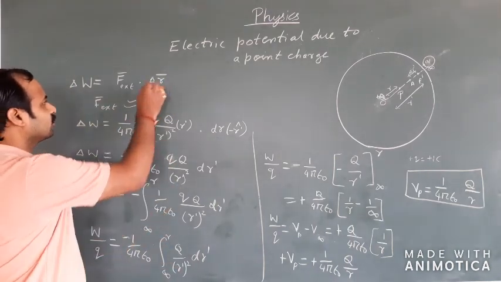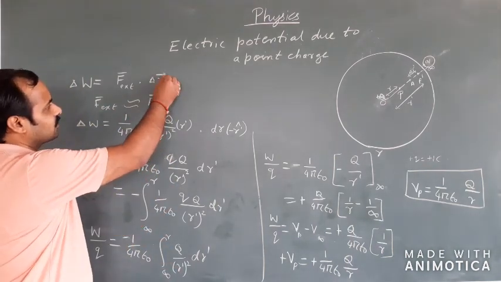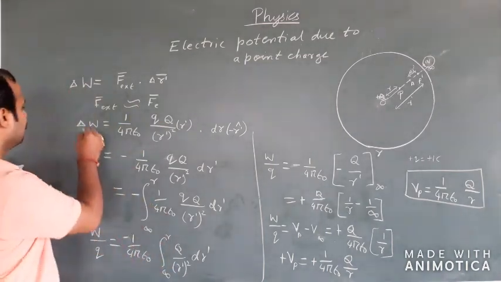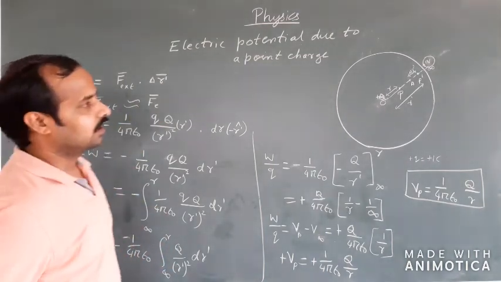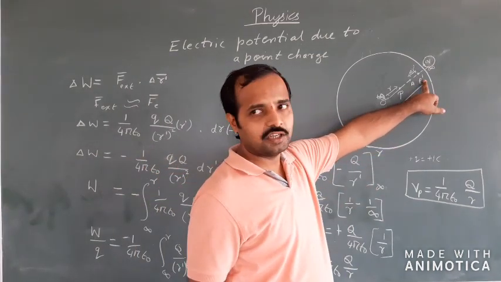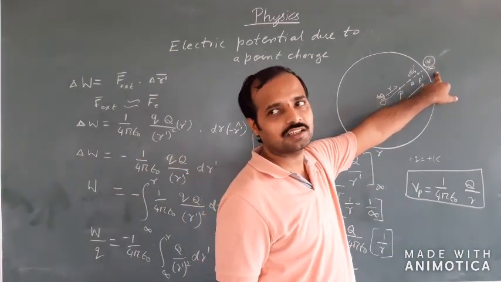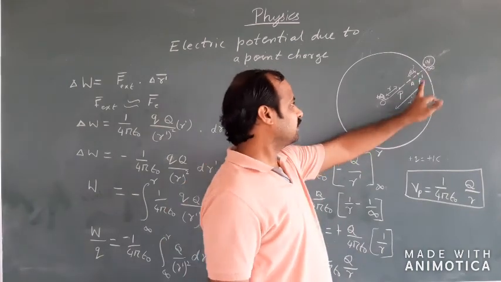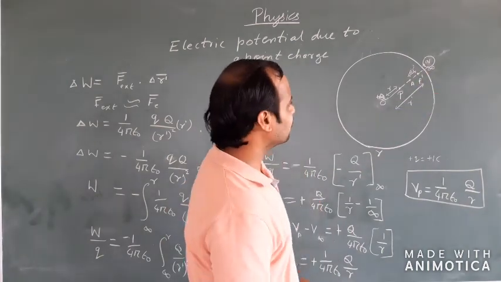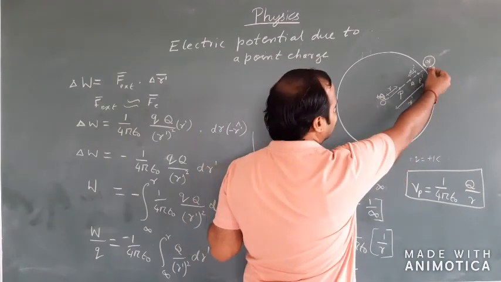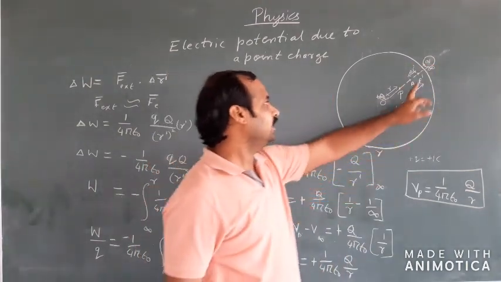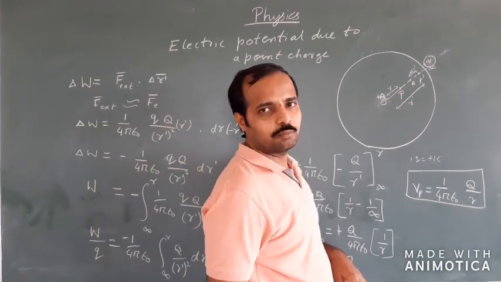So, you are going to use the same formula. Instead of delta R bar, you will take it as delta R dash bar. So, here is the small amount of work done. Now, I am going to consider a point P dash very close to infinity, that is very close to the border, but inside the electric field. So, at this particular point, I am going to consider the positive charge, that is, this positive charge has just entered the electric field and it is moving towards the point P.